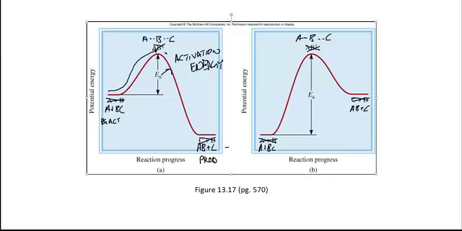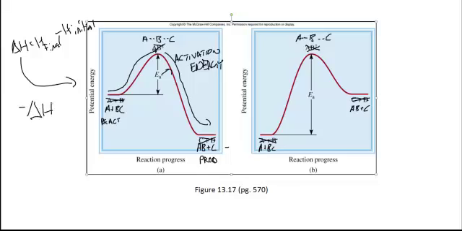But again, if we have sufficient energy for activation, our activated complex, or transition state, happens and turns immediately into products. These potential energy diagrams relate directly to delta H, which you should remember from general chemistry, which is essentially enthalpy, or it may have just been told to you as heat. But delta is always final minus initial. So in this case, we have products with a small number and reactants with a relatively large number,